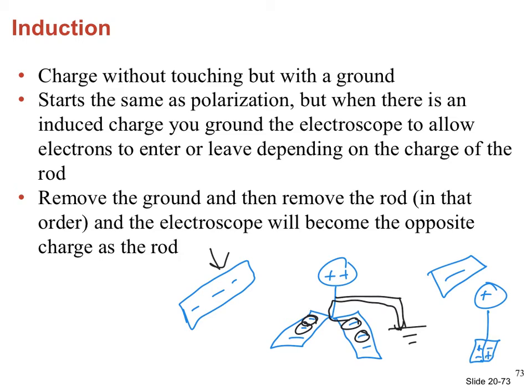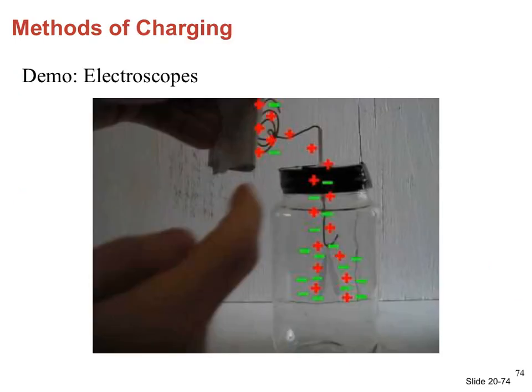So when I remove this rod, it's going to be left with a net positive charge because the excess electrons left. They weren't really excess, but they were electrons that seemed like they were excess because the rod was near. So this is known as charging by induction, and when I remove the rod, the leaves will again diverge. So that is charging by induction. There's another little demonstration video that shows a different variation of an electroscope, different than what we use in class,